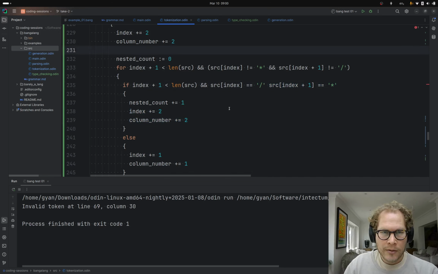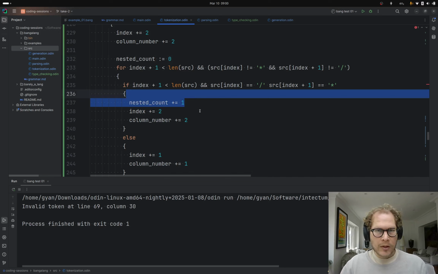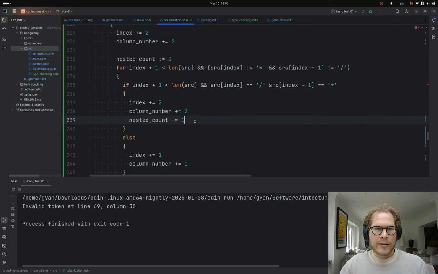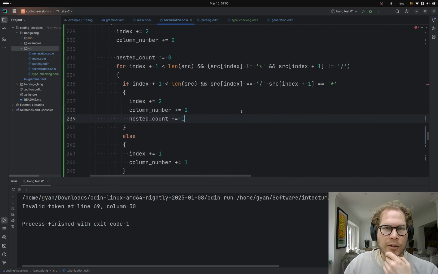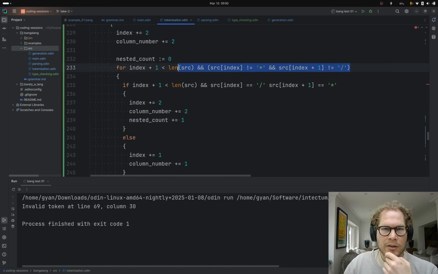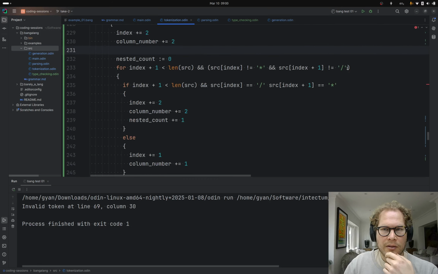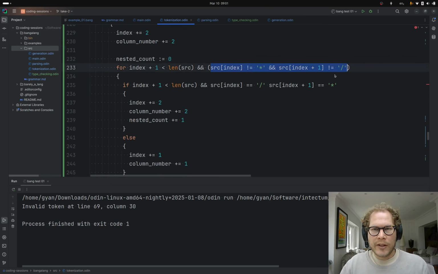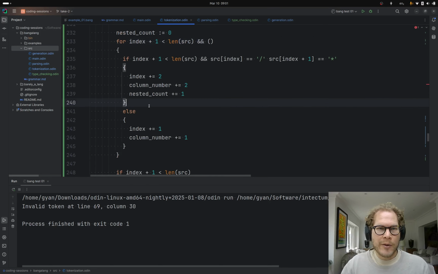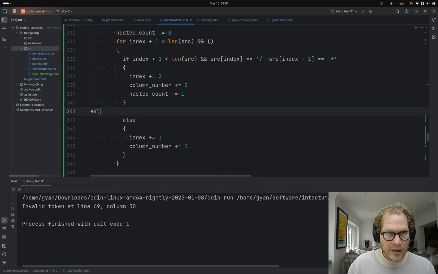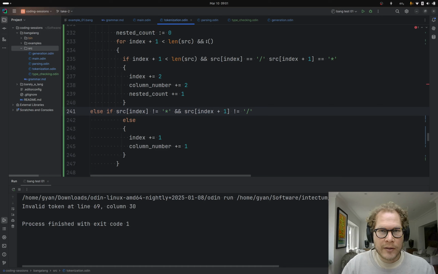And then we'll continue. And then whenever we come across this closing pattern, yeah, so we might need to bring this in as well. So if we find an opening pattern, or if we find a closing pattern,